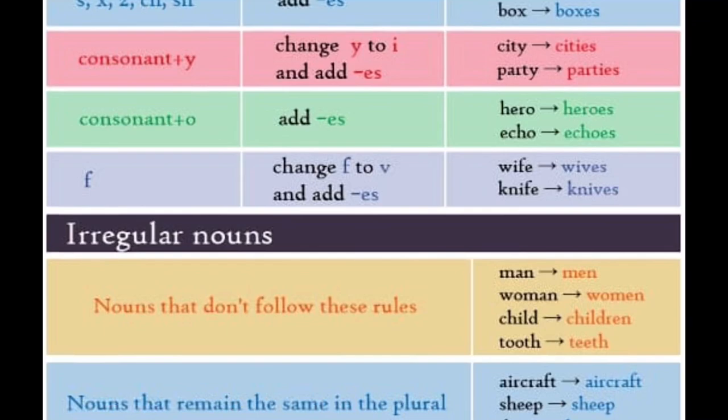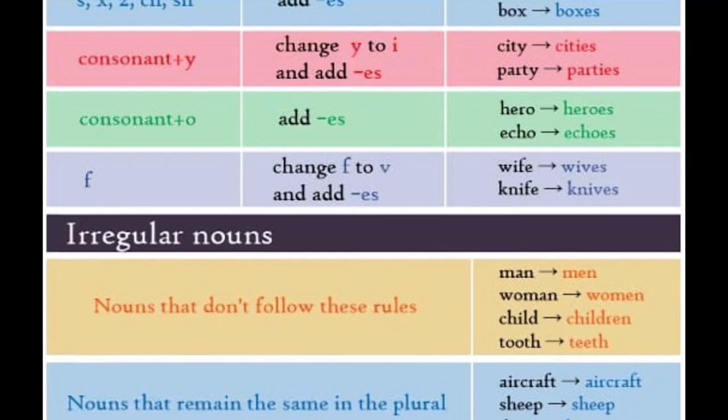Then what we will do? Simply add ES to it. Heroes. Eco, ecos. Tomato, tomatoes. Mango, mangoes. Okay. Next, whenever any word ends with F or FE,